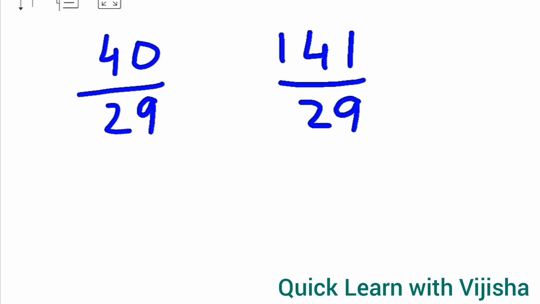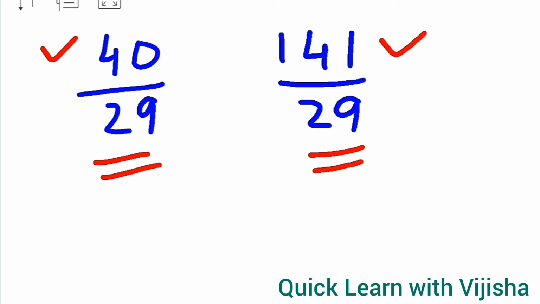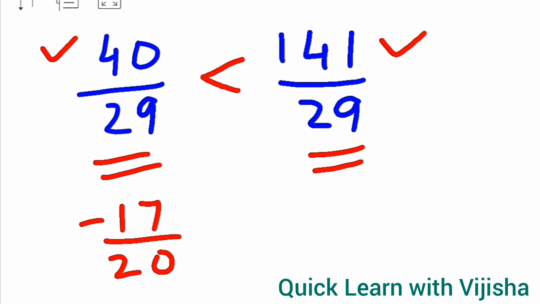Now here the denominators, that is 29 and 29, both are the same. So comparing 40 and 141, which number is greater? 141. So we will open the sign at 141. Understanding, children? Next is -17 upon 20 and -13 upon 20. So here also the denominators are the same,